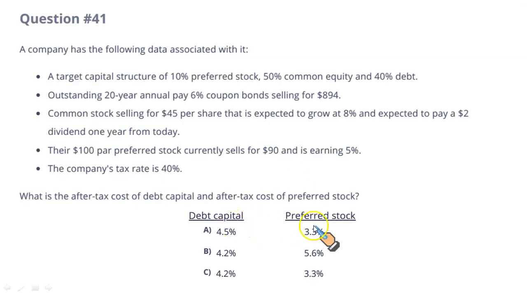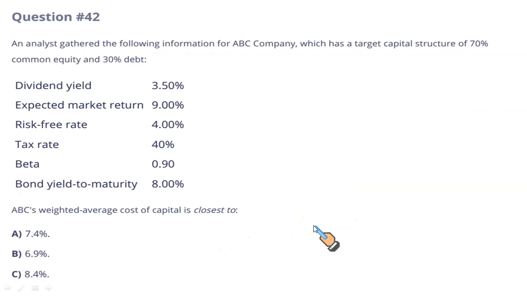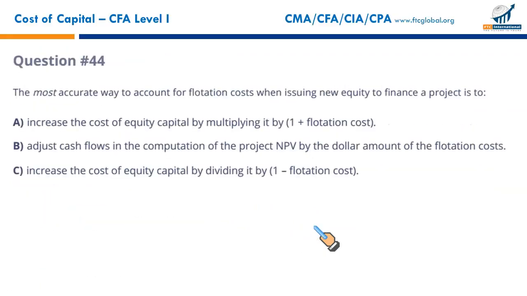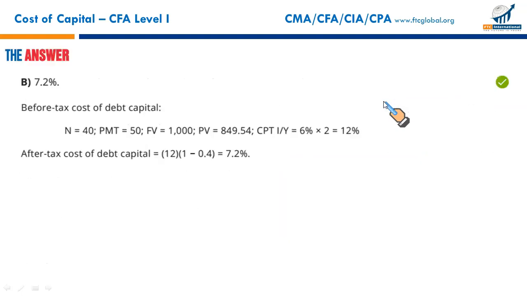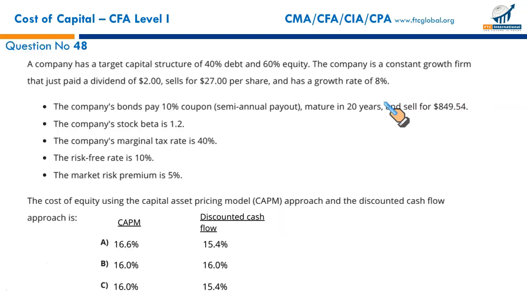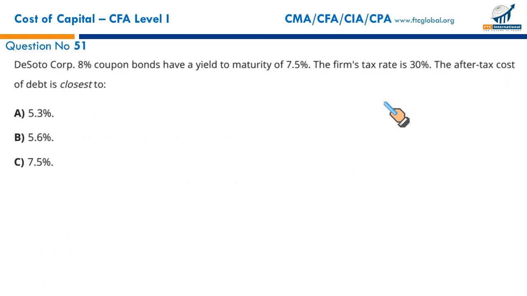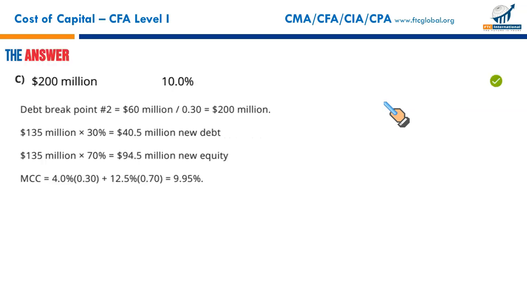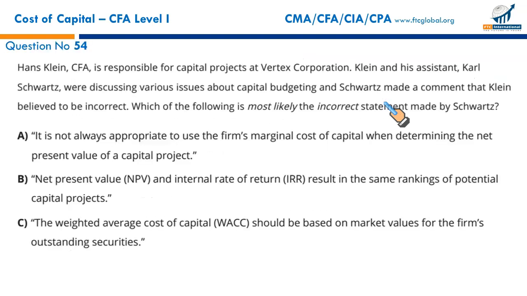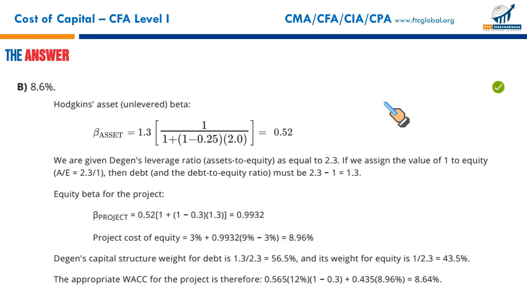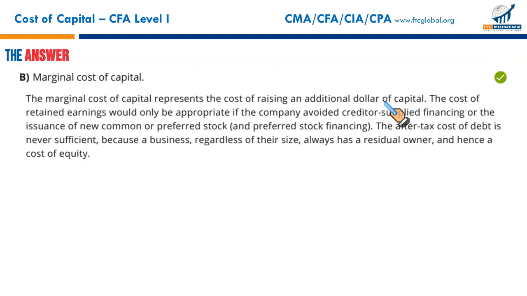Now, as you can see, debt capital, preferred stock, weighted average cost of capital, most accurate way to account for flotation cost when issuing new equity. We have done this many times, so there are so many questions of a similar nature. It'll be just a waste of time to do these questions repeatedly. We have done almost every type of question that can be tested in cost of capital. So I'm not going to waste any further time, and I'm going to just stop